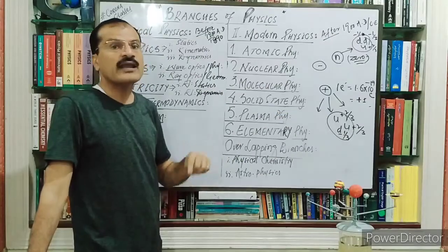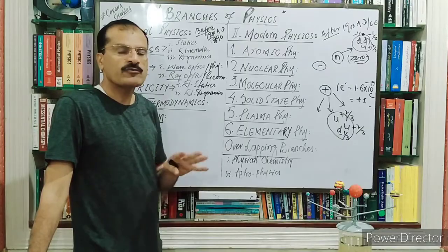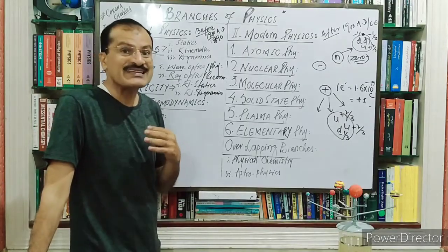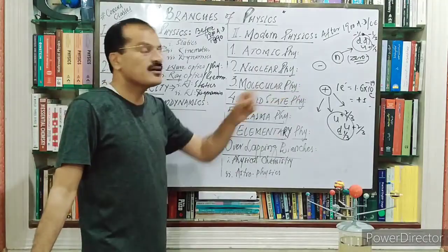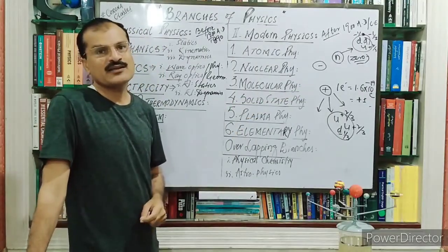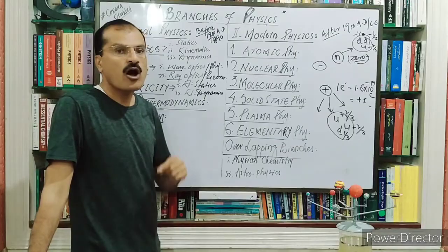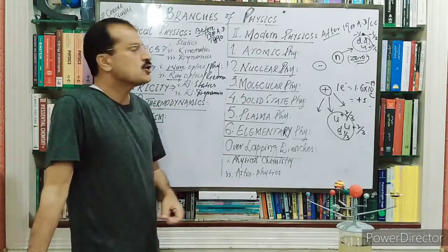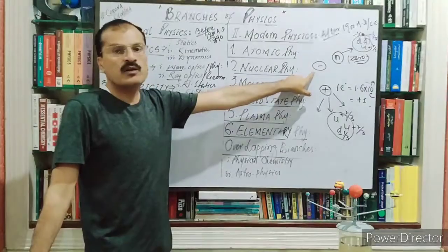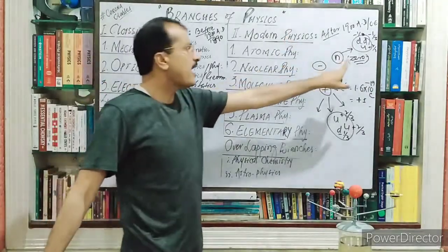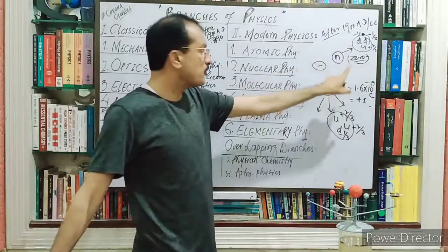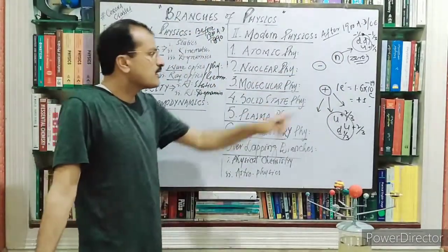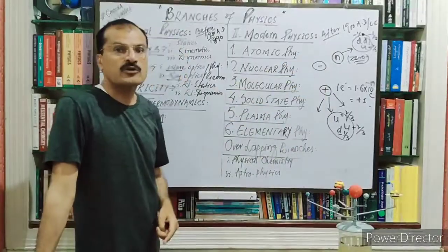The electron is a kind of lepton particle. This type of study is not included in your textbook, but for your interest I am telling you, the electron is still an elementary particle. We have not been able to divide it into further particles. So we can say the electron belongs to the family of leptons, and the neutron and proton belong to the family of quarks, because protons and neutrons are made of quarks.